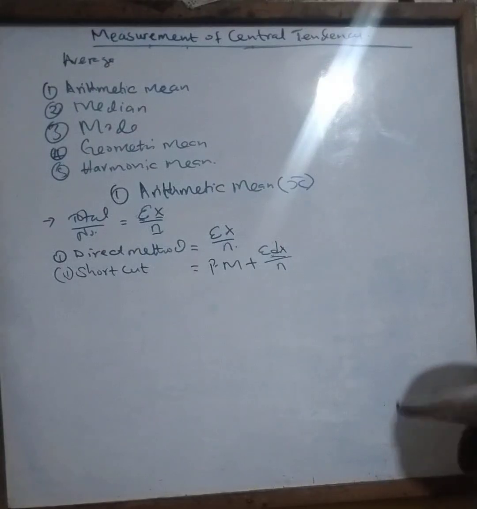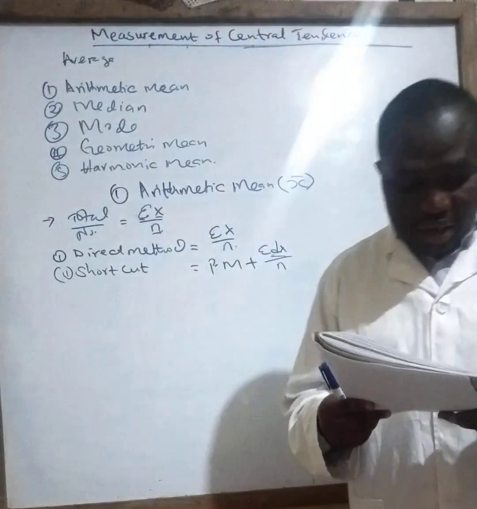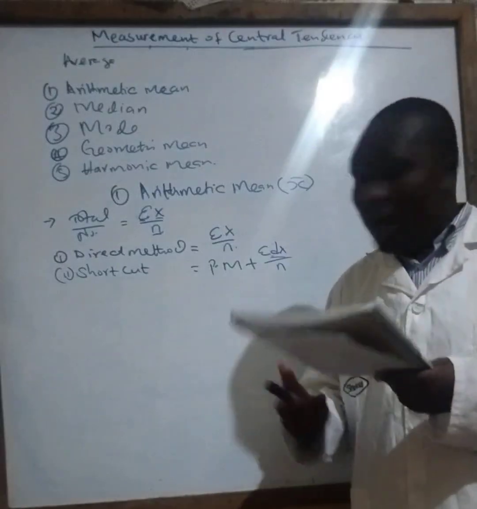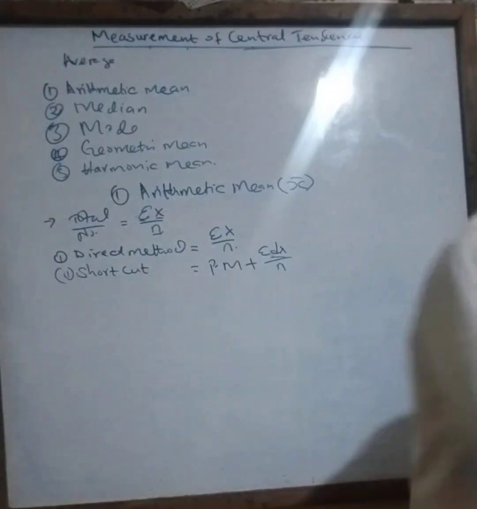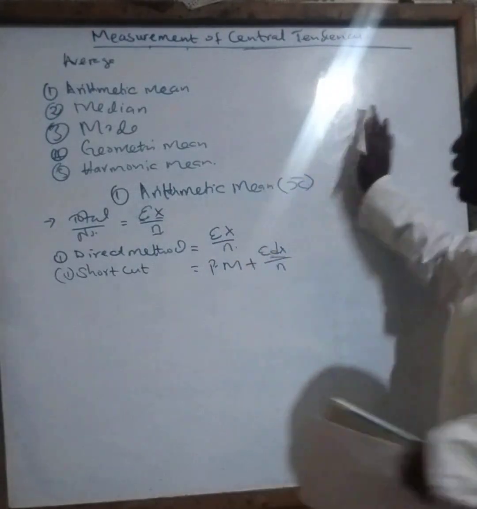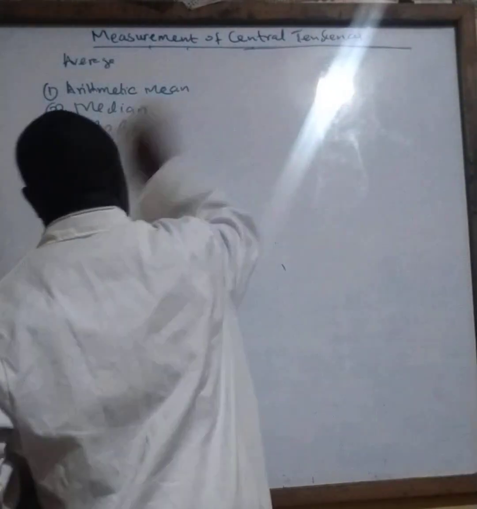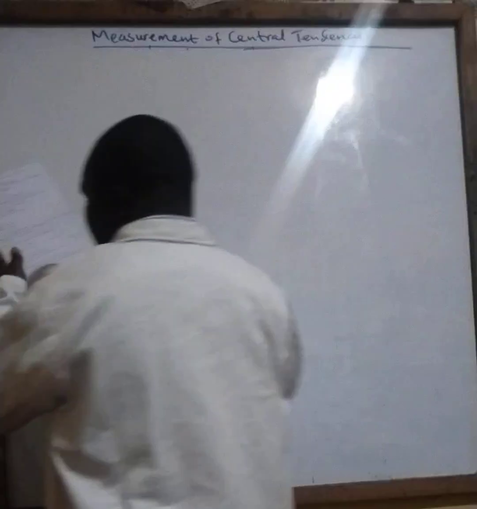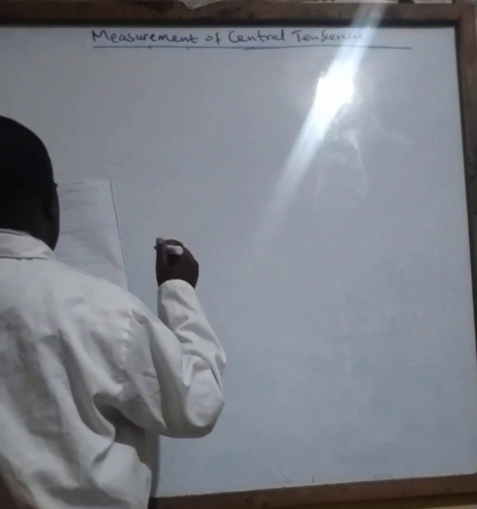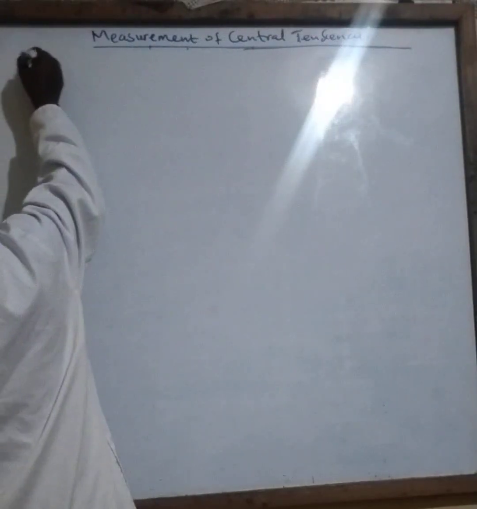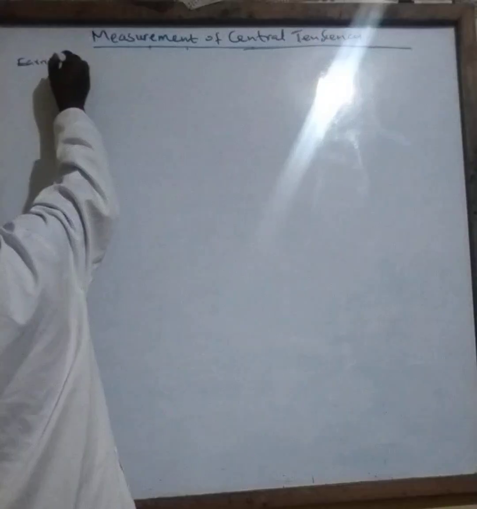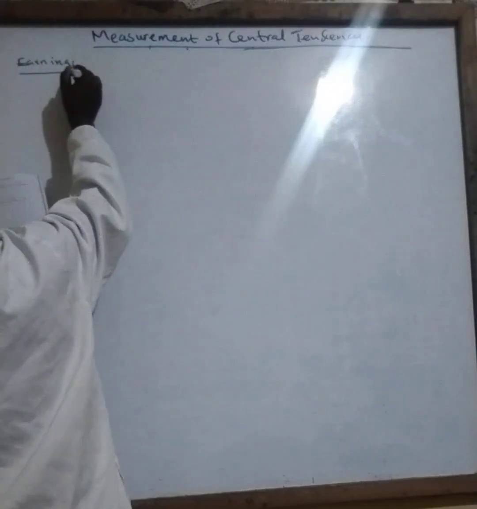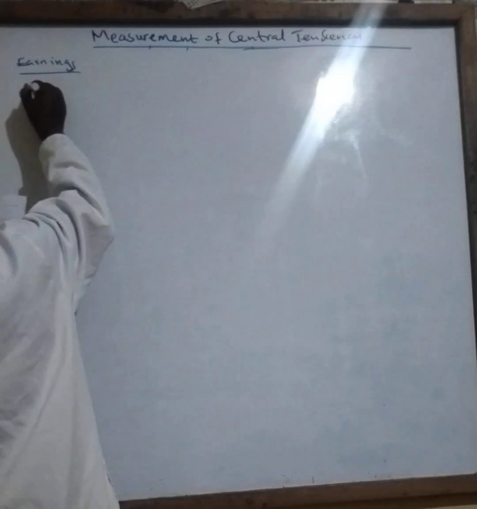Okay? So let's go to our example. I have an example 1 there. So we have this example here, which says we have the monthly earnings. The earnings are in